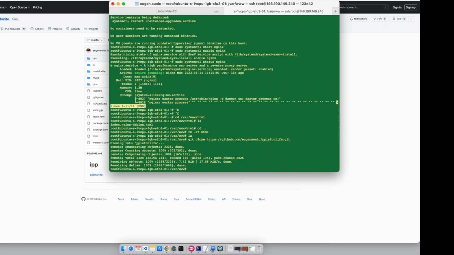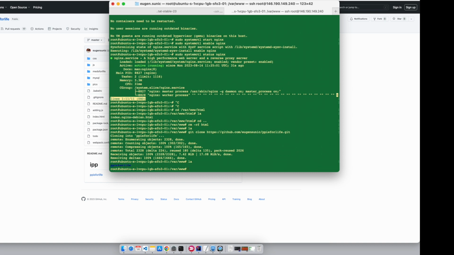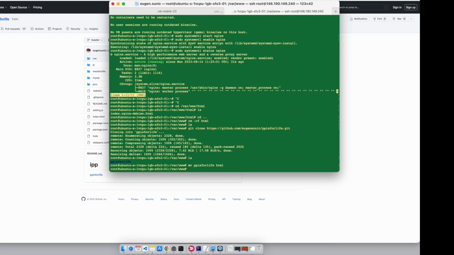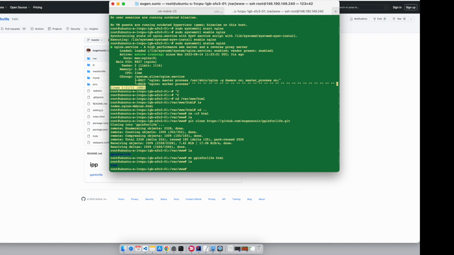So now it's being cloned. It has cloned successfully. Now let's see what we have here. We've got PPIs for live, but the Nginx file currently looks at the HTML directory. So we want to move PPIs for live to HTML. So we want to rename that, right? So we've got this HTML, and now if we navigate inside of it,